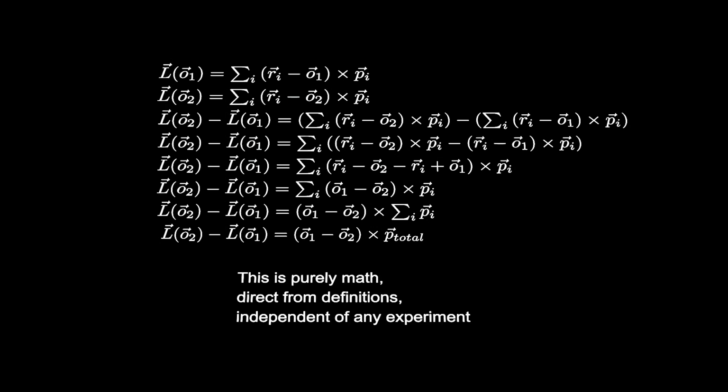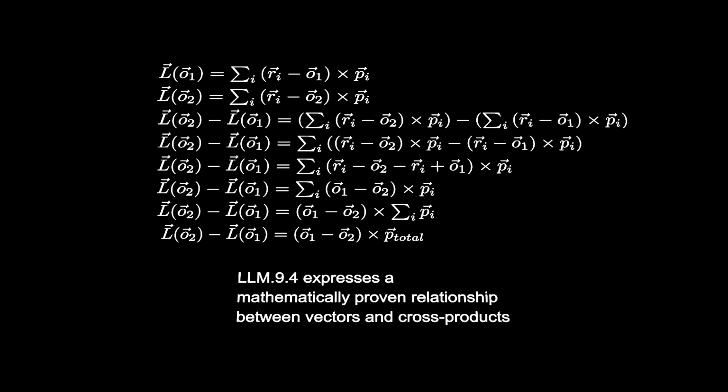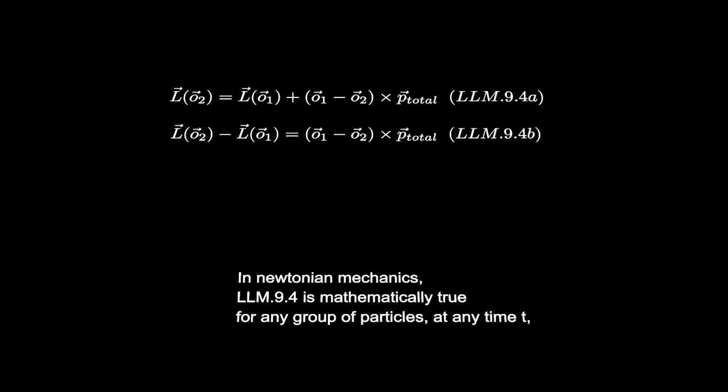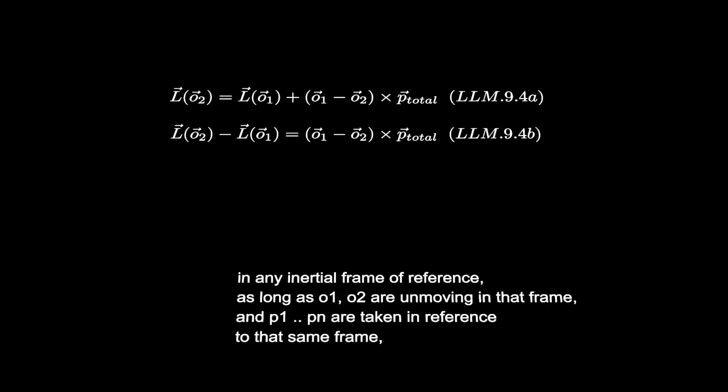This is purely math, direct from definitions, independent of any experiment. Equation 9.4 expresses a mathematically proven relationship between vectors and cross products. In Newtonian mechanics, equation 9.4 is mathematically true for any group of particles at any time t in any inertial frame of reference, as long as O1 and O2 are unmoving in that frame and P1 through Pn are taken in reference to that same frame,